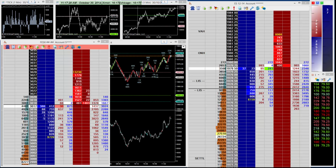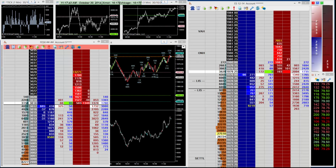Okay, we're back up now, back up to where we had the absorption. Are we going to fail? Are we going to go through it? If we start to see lots of minus signs here on the offer side, then they're going to pull out of the way and we're going to bail. It's a difficult one because you're going to get through stops pretty quickly. So you could put a stop order at 80.50 to get out if it goes up there, based on this